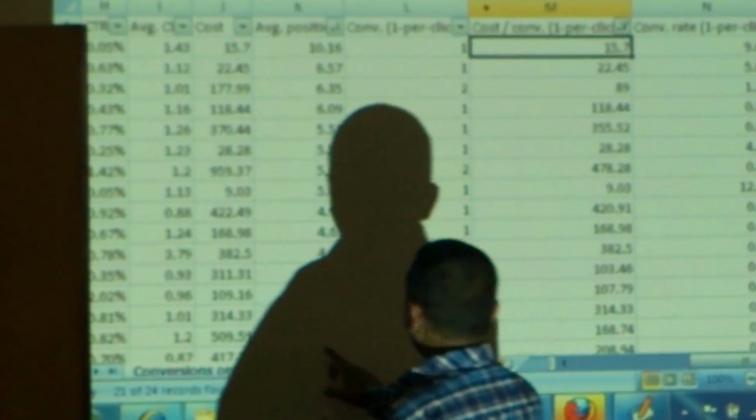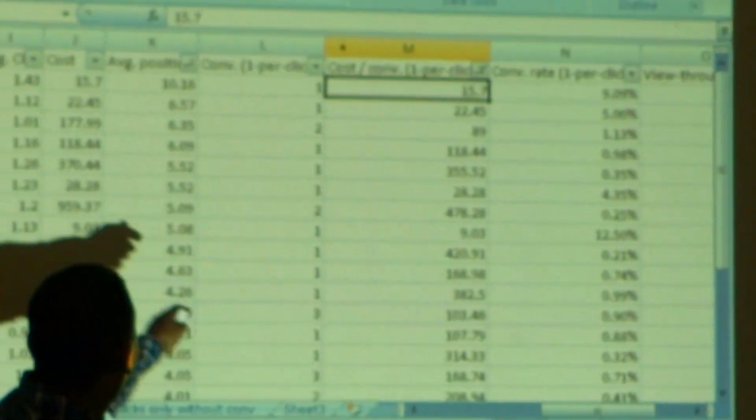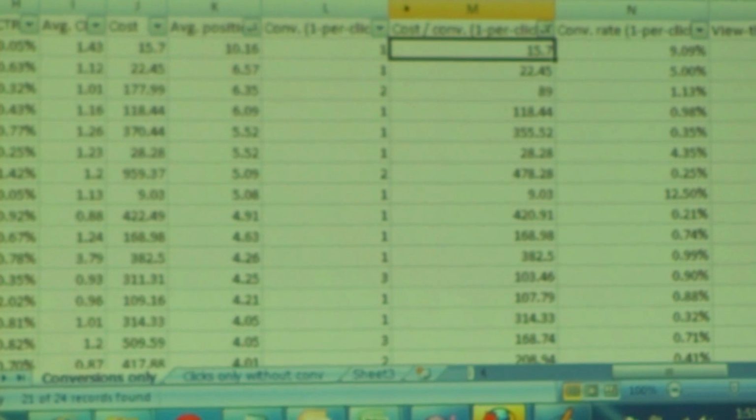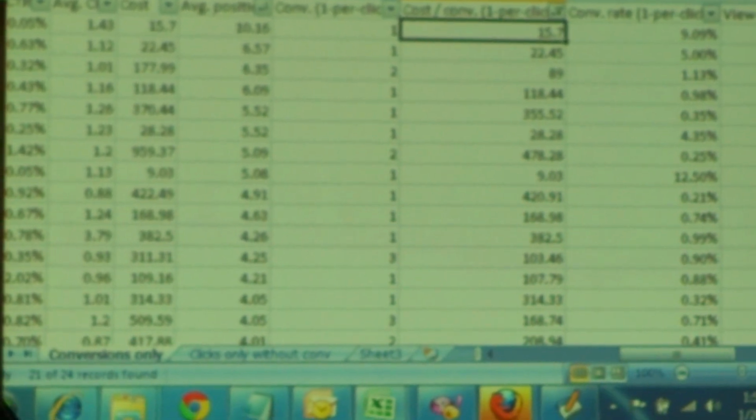Now what does it tell you? All those which are in the position of 1 to 4 are always good. So don't touch all those keywords which are in the 1 to 4 position. But all those keywords which are in positions more than 4, up to 10, they are within the targeted CPA, so try to increase the bid for them. So that they will at least come to a good position and hopefully with that they will start giving more conversions with less CPA.